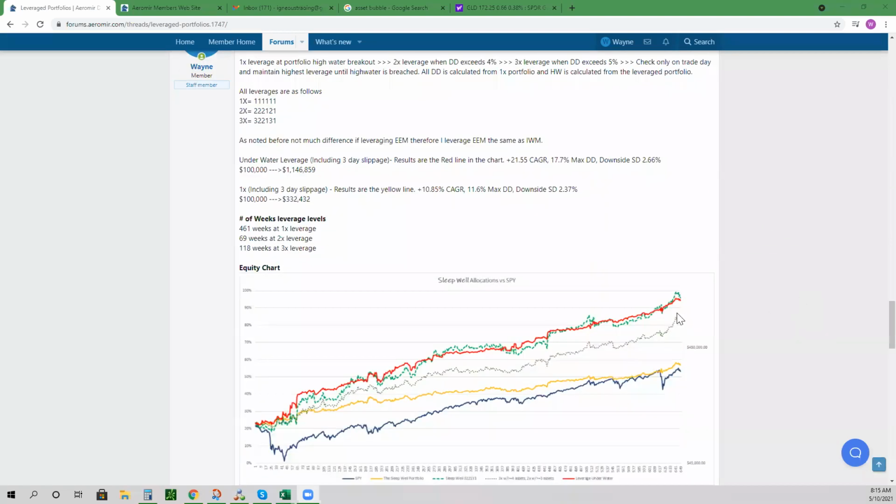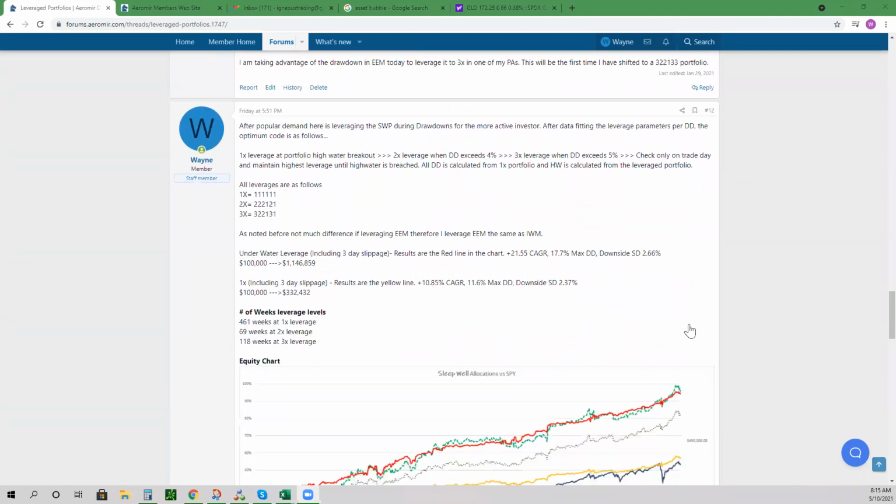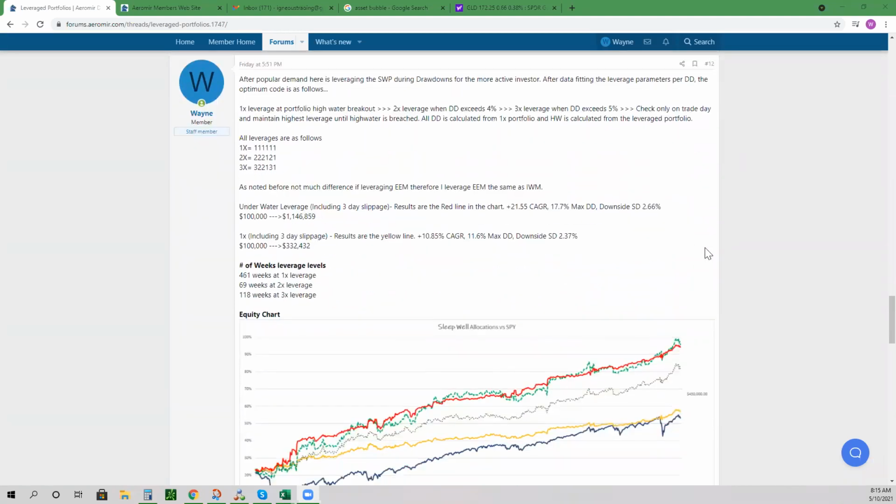So this is a forum where we've talked about leveraging and different types of leveraging, but I'll get to an allocation size thing too. I had heard through other people, like, hey, the sleep well portfolio is at a high, so I'm going to deleverage or take some allocation out, and then when it's at a drawdown, I'm going to increase. So that's actually what this did.